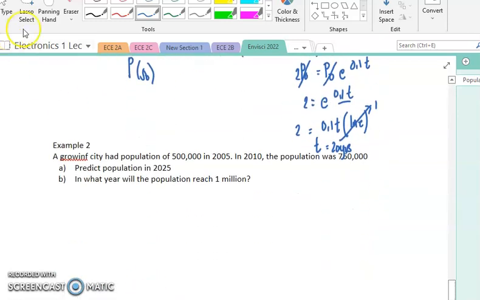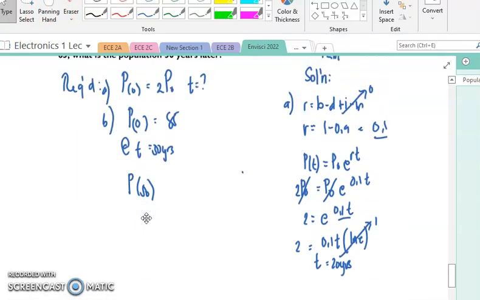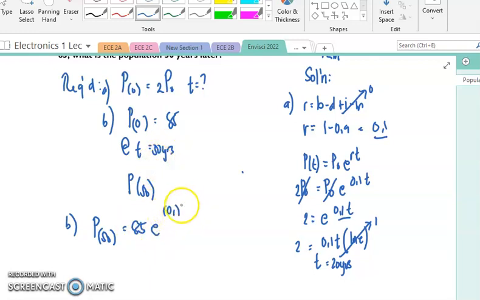Before we solve letter B, let me just move first this question. For example, number 2. So, let's solve for letter B. Letter B says here, what will be the population, the prediction of the population after 50 years if the initial number of population in the island is 85? Okay, so that is e raised to the r, which is simply equal to 0.1, and then